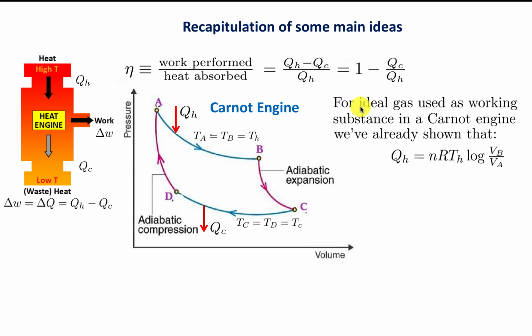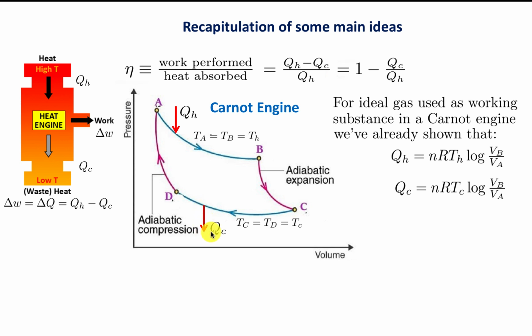But of course, it's much easier to do a calculation with an ideal gas, and so we considered an ideal gas, which was used as the working substance in this Carnot engine, where we showed that the heat absorbed, QH, during the first phase is equal to this quantity, nRT, multiplied by the logarithm of the volume here divided by the volume here. And so this is QH,